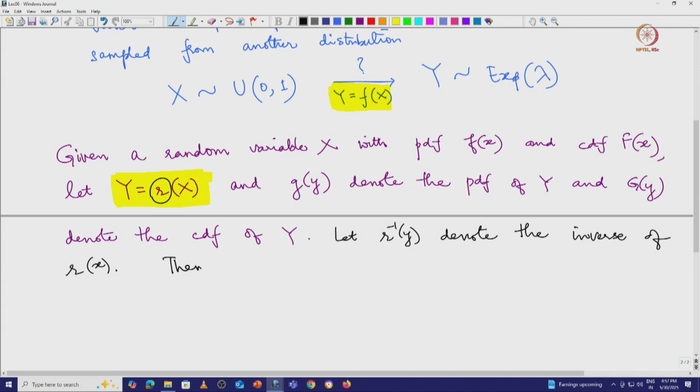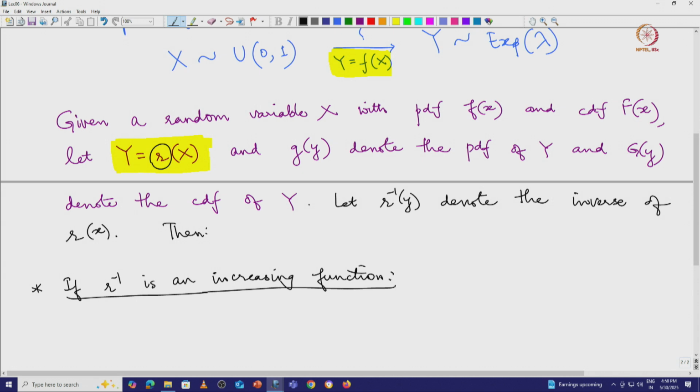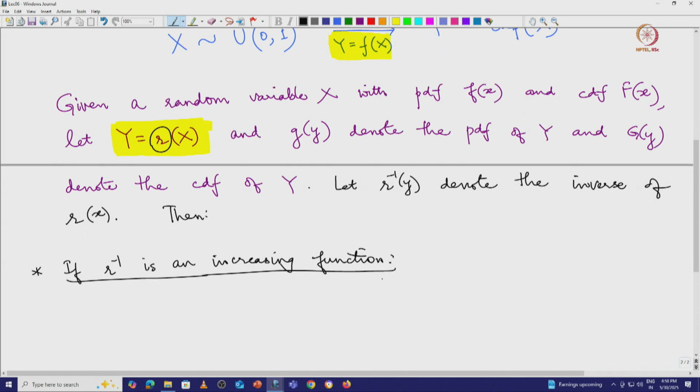So, now we are in a position to explain how we can convert the random variable x to the random variable y. Okay. So, if r inverse is an increasing function, okay, and I hope you know what I mean when I say an increasing function. It is a function whose value increases as the argument of the function increases,